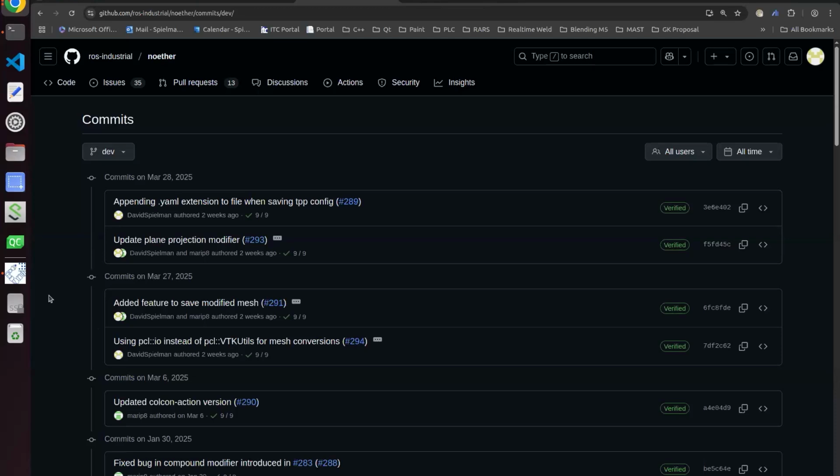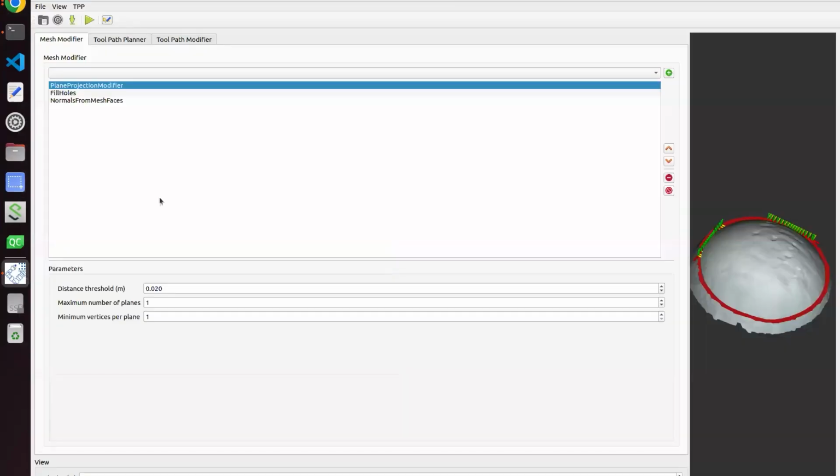One of the other features that I wanted to highlight here quickly is in the Noether GUI. We've added an action here to save your modified meshes. Basically this is a debug tool that should be helpful. Right here, just as an example, I currently have a mesh loaded in with the plane projection modifier, the fill holes modifier, and the normal from mesh faces modifier.